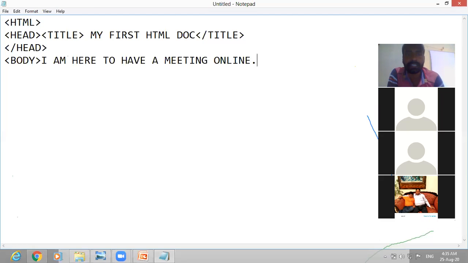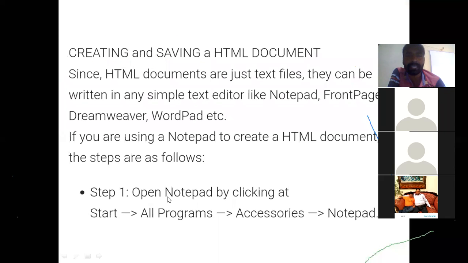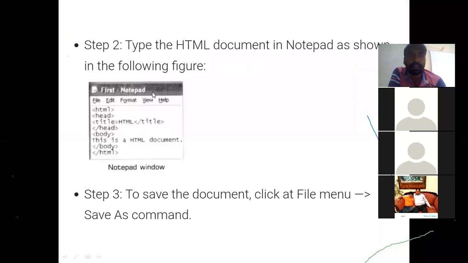This is the sentence I have written. Then close the body tag. Very simple program I'm writing. Then close the HTML tag. It's very simple. Now the document is created. As told in the presentation, code we have typed and it is created.